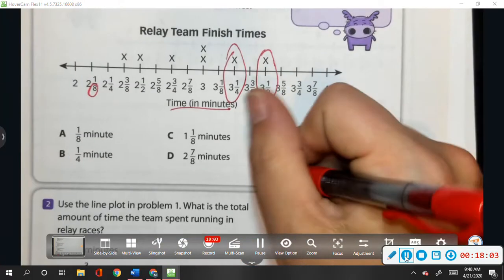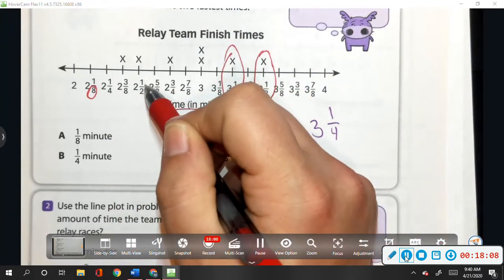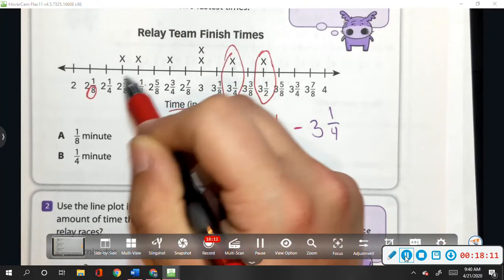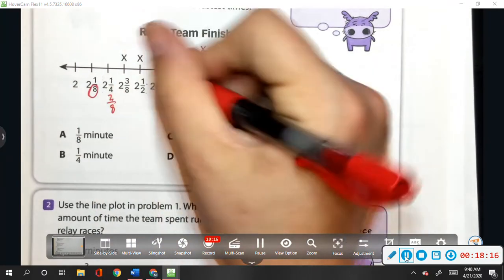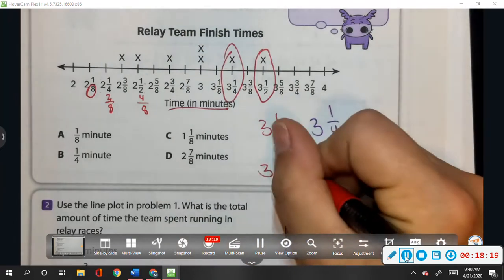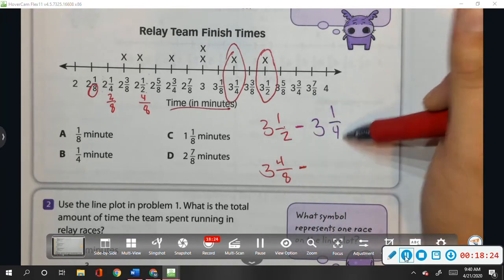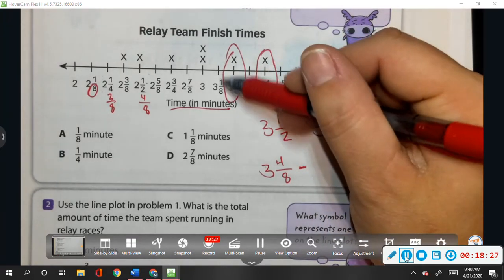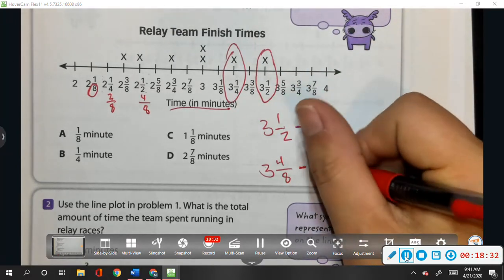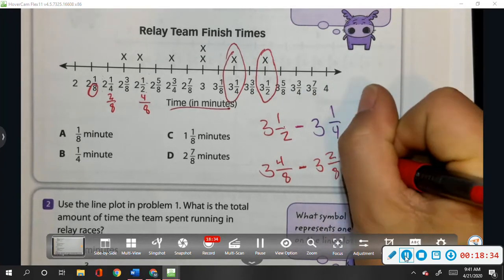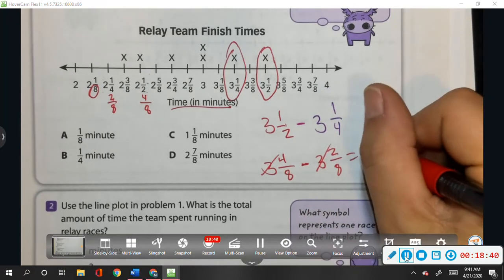So we know that at this point, a half, which is right here, is equivalent to 4/8. Let's count. That'd be 1/8. This would be 2/8, 3/8, 4/8. Minus, bring our operation down, 3/4, which would be, if this is 3 1/8 and this is 3 3/8, this must be 3 2/8. And then we can just subtract out. Our 3's cancel each other out because 3 minus 3 is 0. 4 minus 2 is